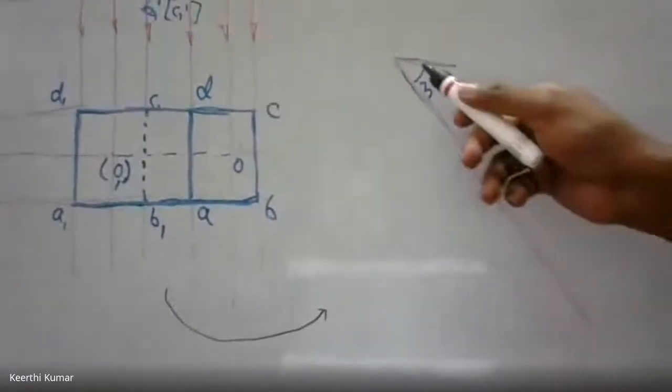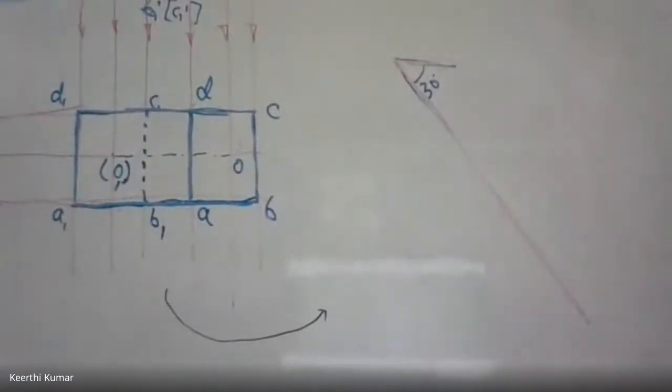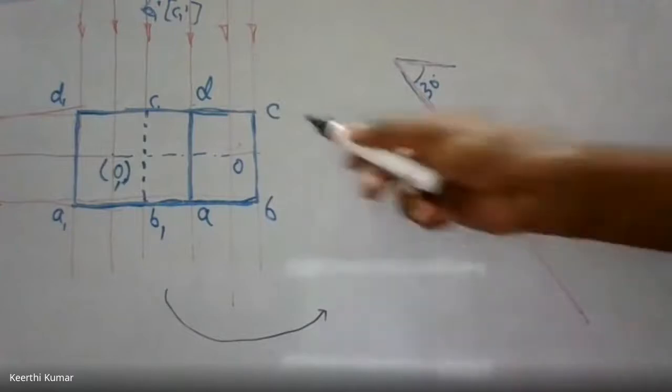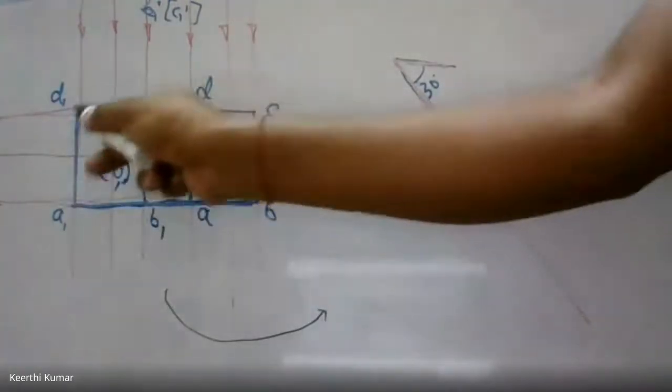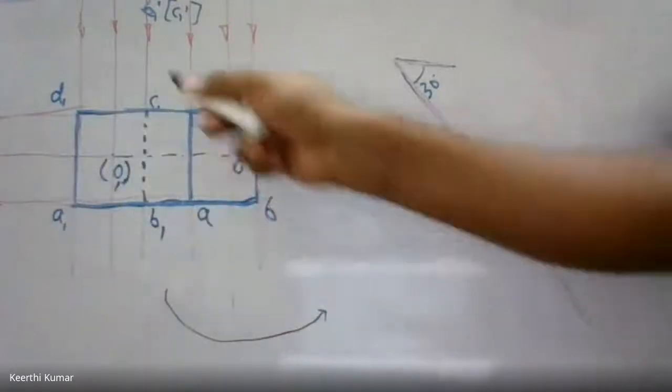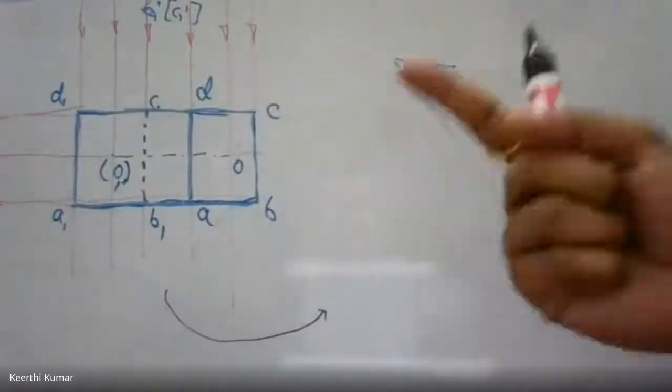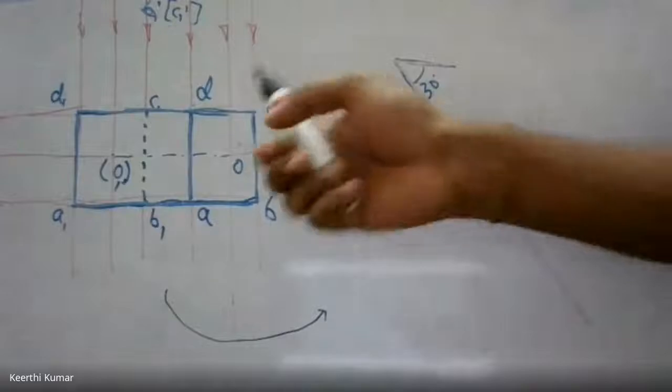But the challenge is what has to come on this 30 degree line? One of the base edges. Which is the base edge on this? Can you tell? ABCD is the top face. A1, B1, C1, D1 are the base edges. Among those 4 base edges, it is stated that it has to rest on one base edge. So which base edge is it resting on? You can see the front view.